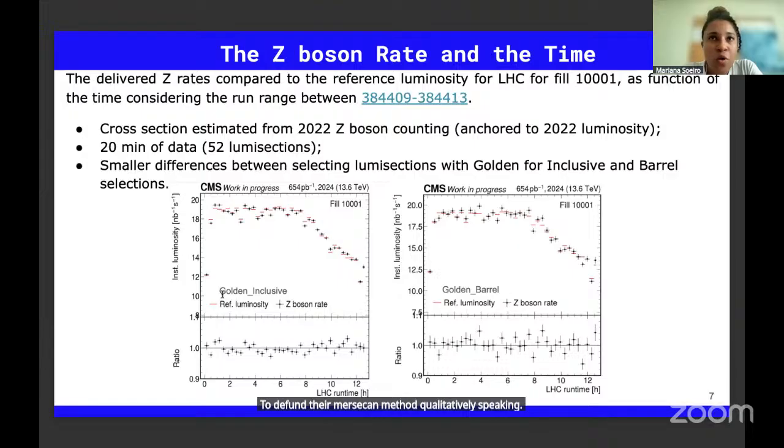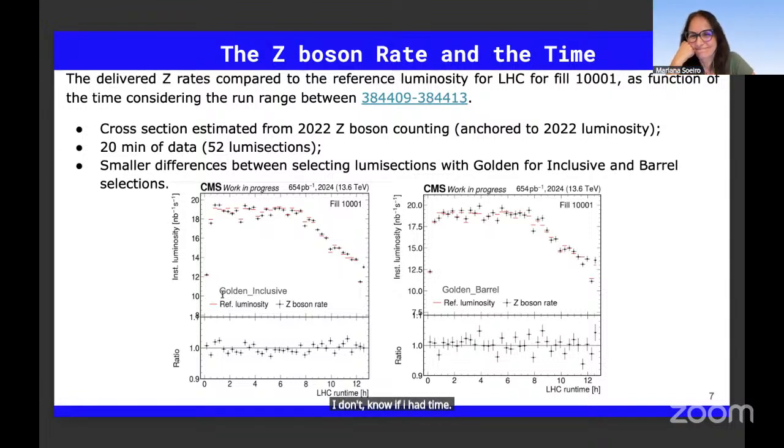At the moment, no. I need to be more profound. Maybe that's a good thing for you to add later in your thesis. I know you are not proposing to substitute the traditional van der Meer scan comparison. It is something I'd like to check. I don't know if I had time, but it is something.